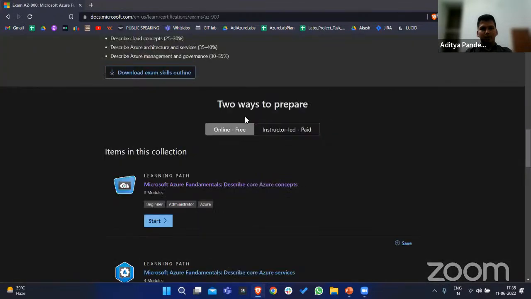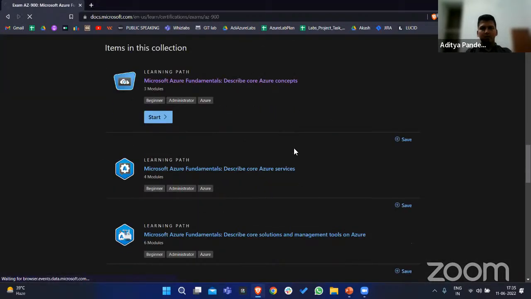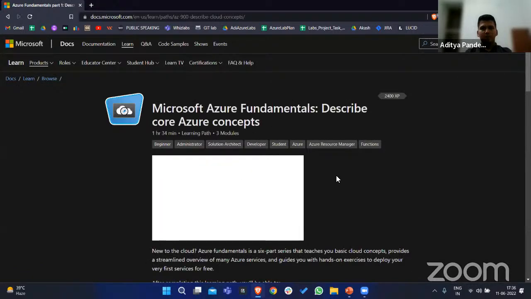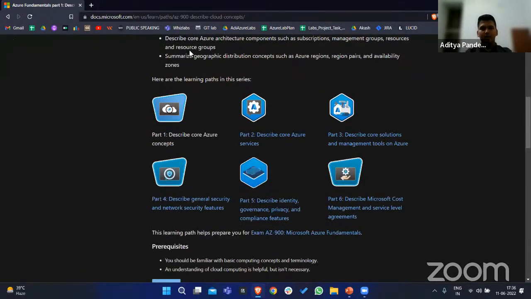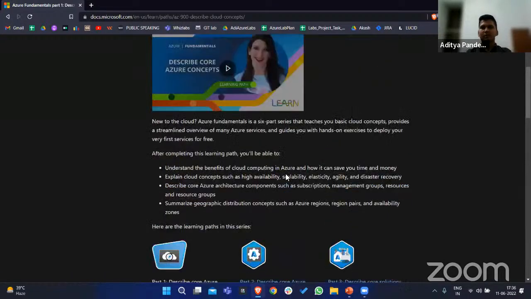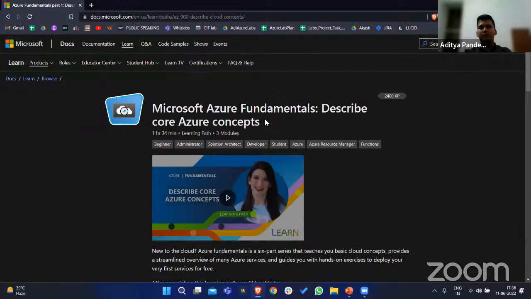If you click on this module, you'll see that under that learning path there are 6 more modules which you have to study. They cover core Azure concepts, core solutions and management tools, general security and network security features, and every topic is covered here.